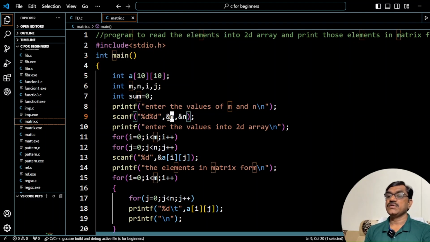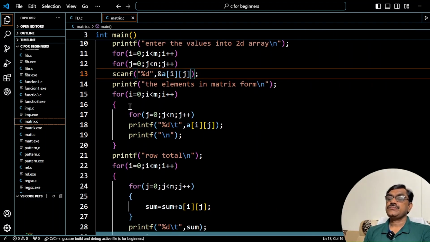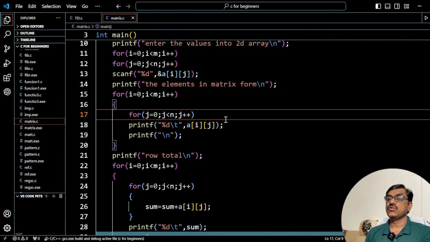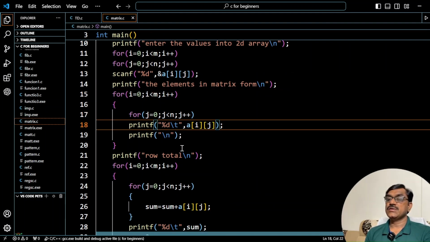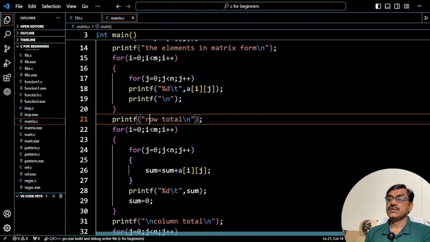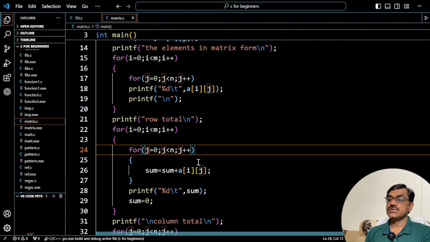We are reading the m and n values, and reading into a two-dimensional array. Now here i equals to 0, i less than m. Next, the second for loop prints the elements in matrix form. Then row total. In row total, first we take i equals to 0, and 0 is less than m value 5. Next we go to j equals 0, and we are calculating the sum, right? After calculating the sum, we come out of the inner for loop, and here we are printing the sum,